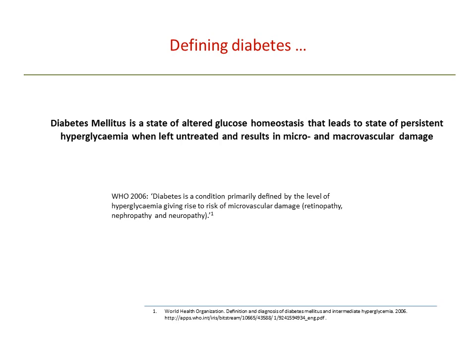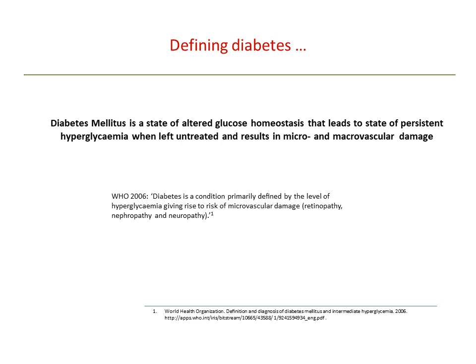Diabetes is defined as a state of altered glucose homeostasis that leads to a state of persistent hyperglycemia when left untreated, and this ultimately could result in micro and macrovascular damage. At the outset, it's worth recognizing these two separate terms, microvascular and macrovascular. Microvascular usually refers to the small blood vessels which are invariably affected in diabetes, and macrovascular changes are seen in the large blood vessels which invariably lead to